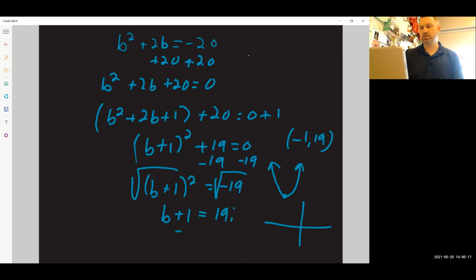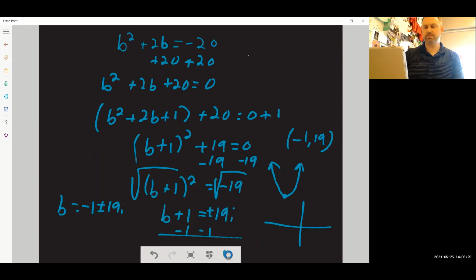Okay, subtract 1, and you would get b equals -1 plus or minus 19i. Plus or minus, okay? So there you go. There's no real solution. Okay, there's a solution, but it's imaginary. Okay, now let's do one in which,